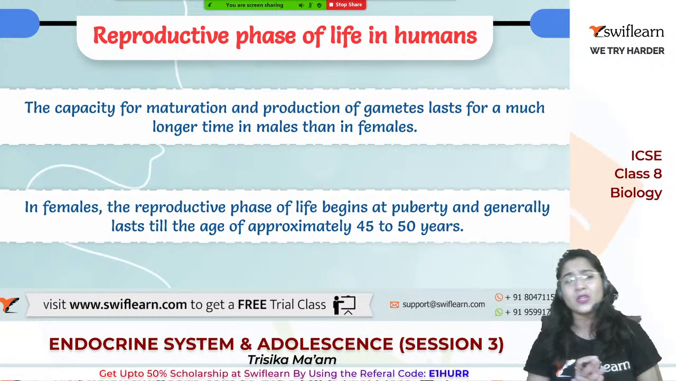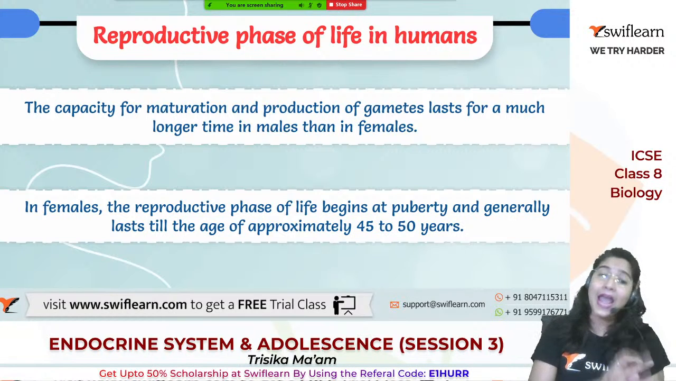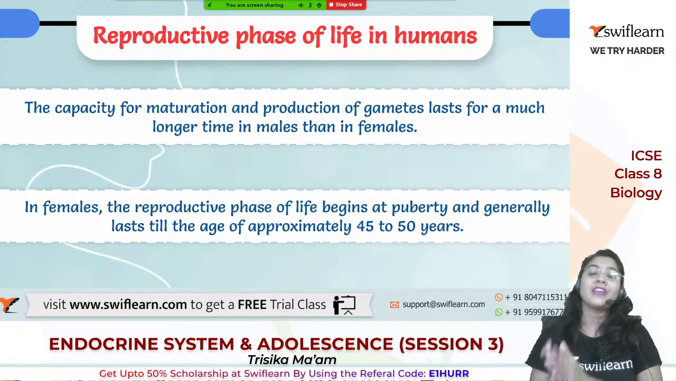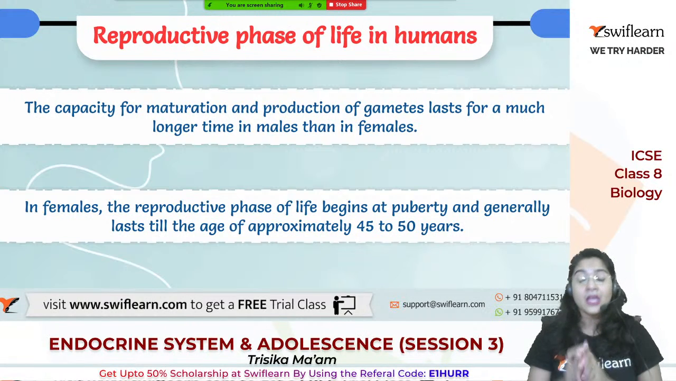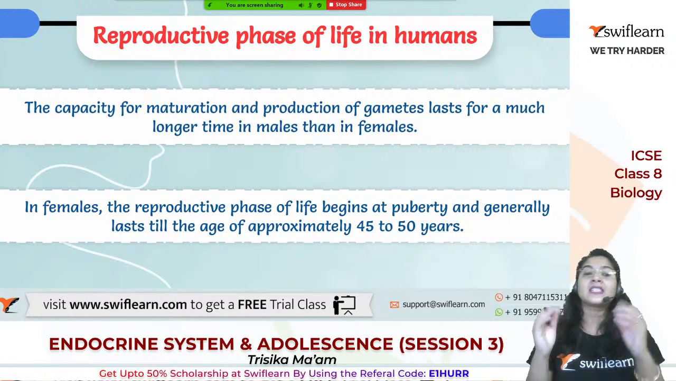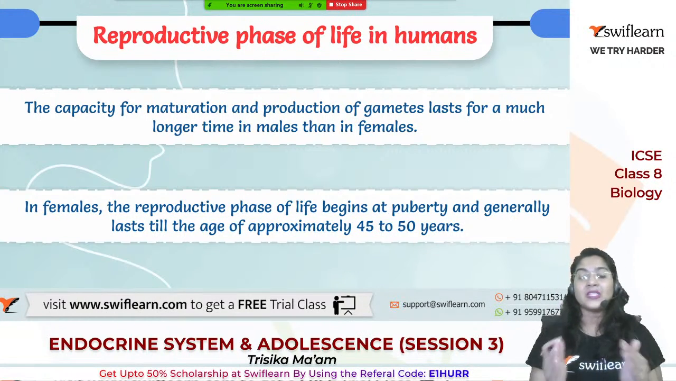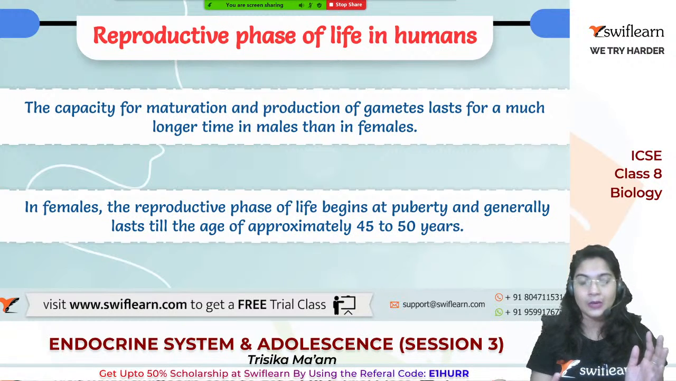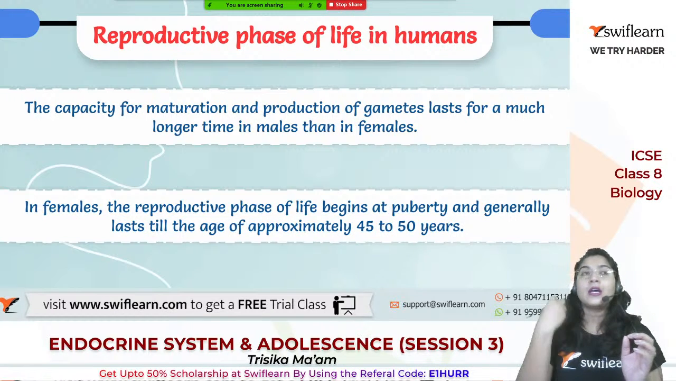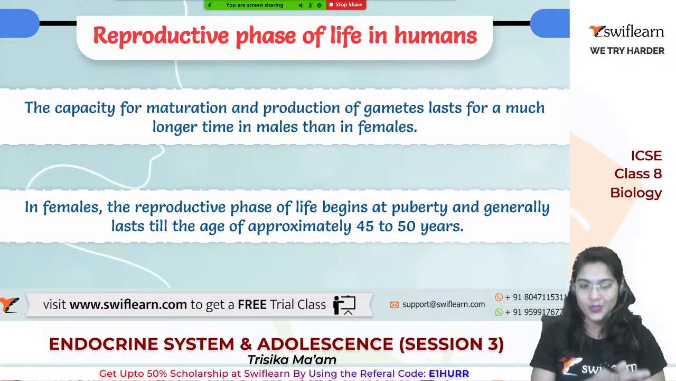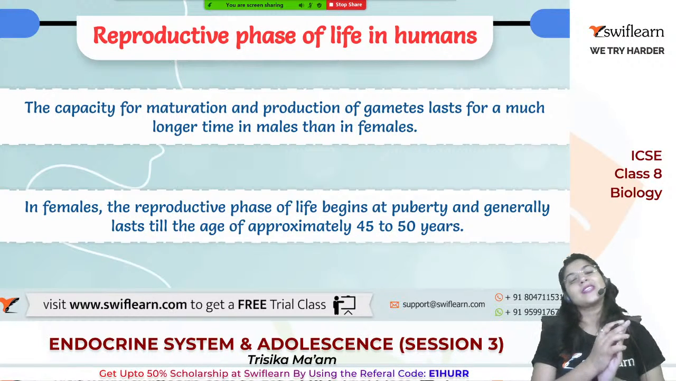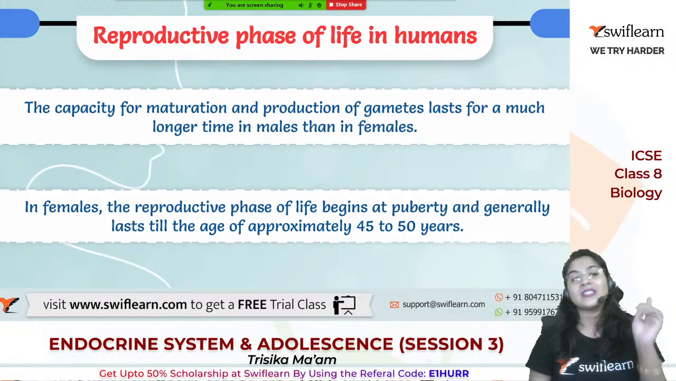That is normal, totally normal, don't worry about it. And it will last till 45 to 50 years of age approximately. Okay, so during this phase the female has the capacity of reproduction. They can reproduce, they can give birth to young ones of their own kind. This is known as reproduction, and this is known as the reproductive phase,